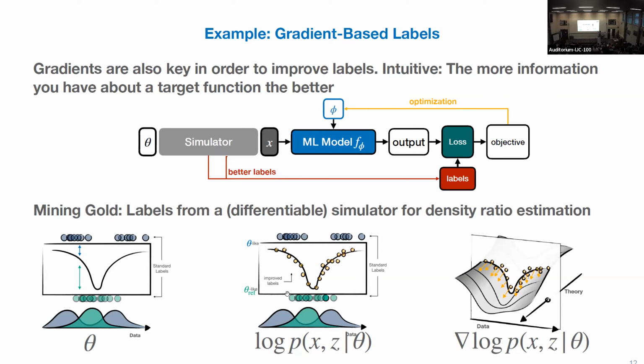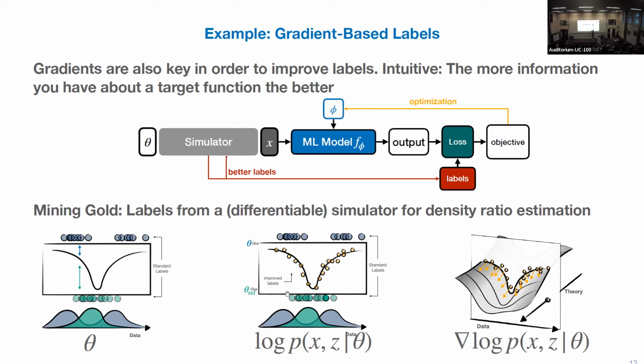But increasingly, there's an interest in, while we're running the simulator, can we extract better labels in order to improve the training? And the answer is yes, and particularly if you're able to extract gradients from the simulator, then those labels become much more powerful. It's basically an extension: you start with binary classification, you can turn it into a regression problem, which makes it much easier. Here you have this tug of war between the dots at the bottom and the top, and they try to pull at the function, and you find some kind of equilibrium.